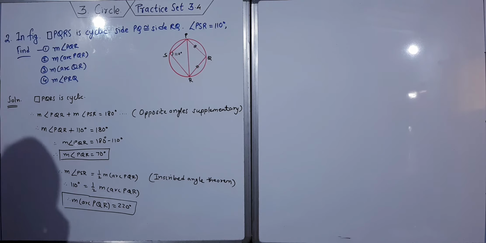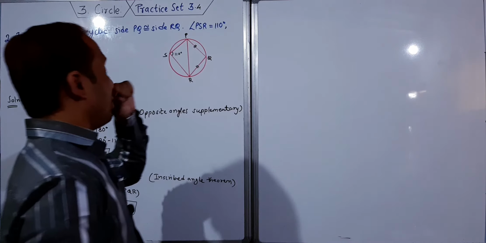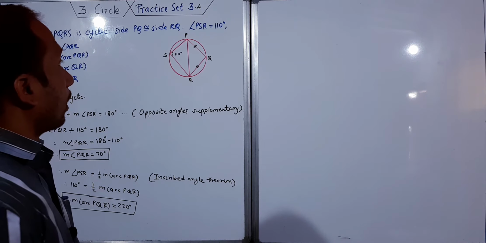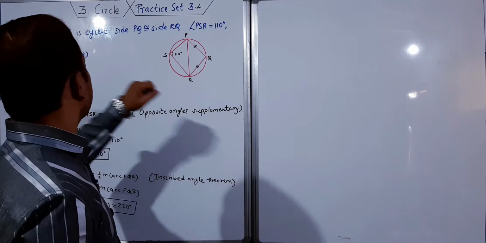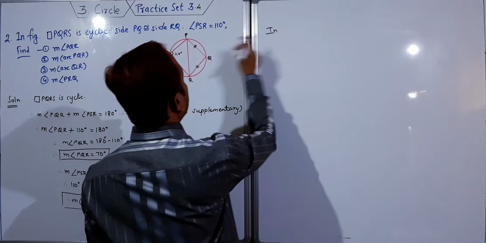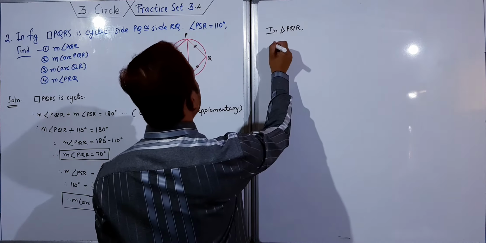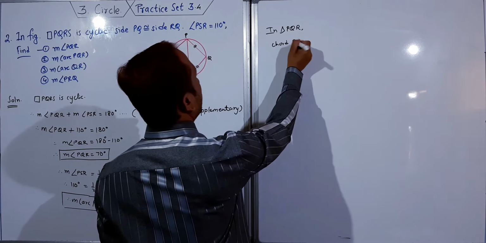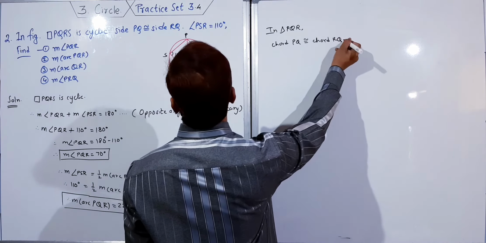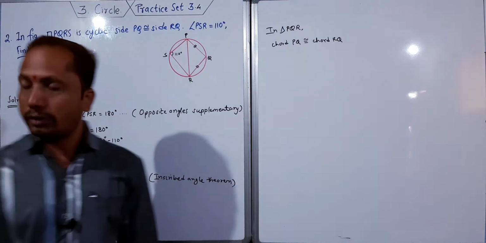This is second. We have got this. Now the measure of arc QR. Now see this. You know that PQ and QR both have the same measure, and for this purpose we have to find PRQ also. So first we find PRQ. In triangle PQR, which chord? Chord PQ is congruent to chord RQ, it is given. Sorry, this is a side given, we will write side.